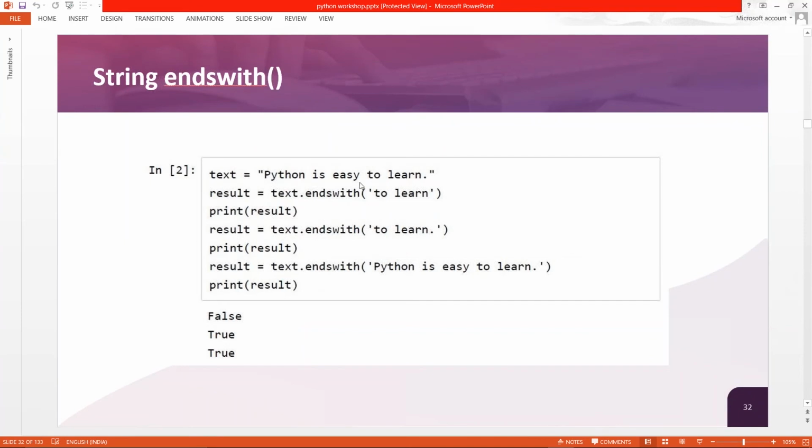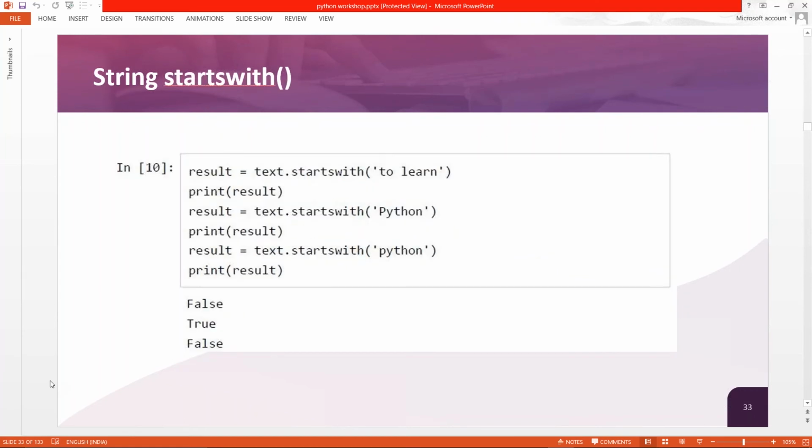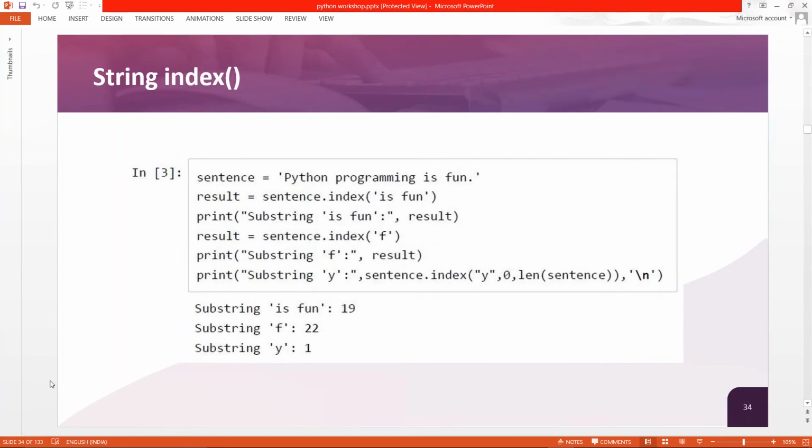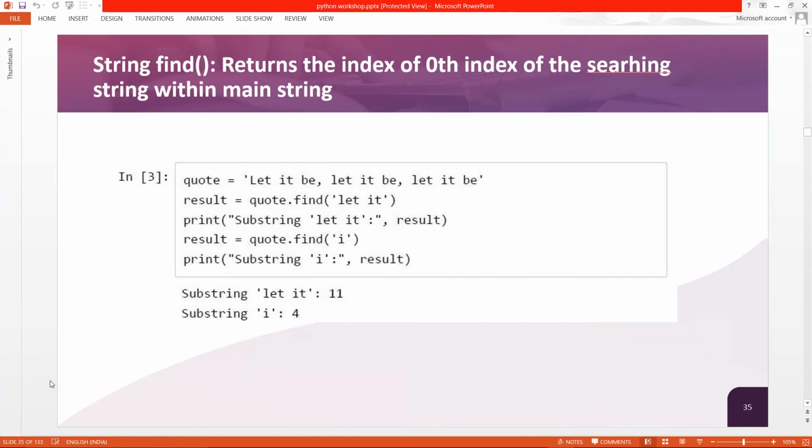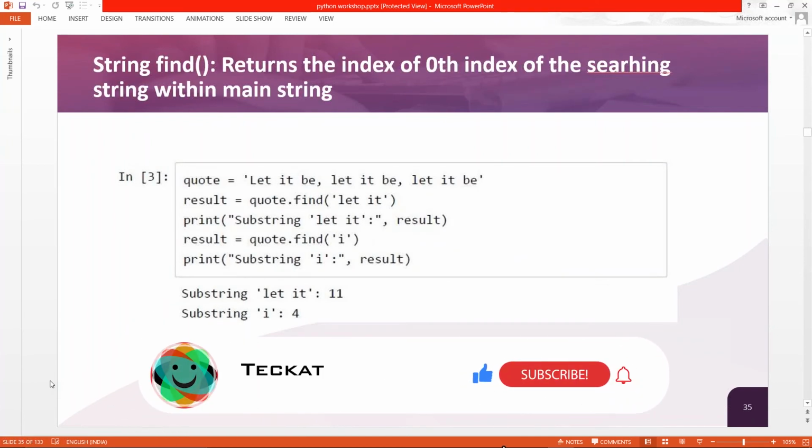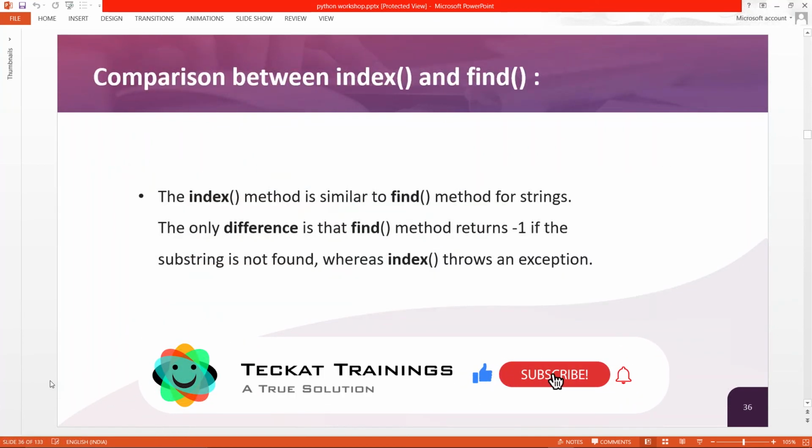If this particular string ends with "to learn", it will return true. If it doesn't end with it, it will return false. These are the different functions you can go through. Startswith, index number. We can find the index of a particular thing, then we can return the find option. So these are all there.